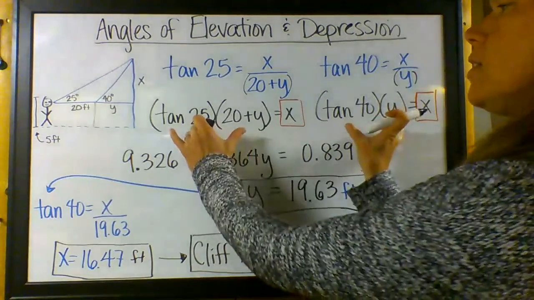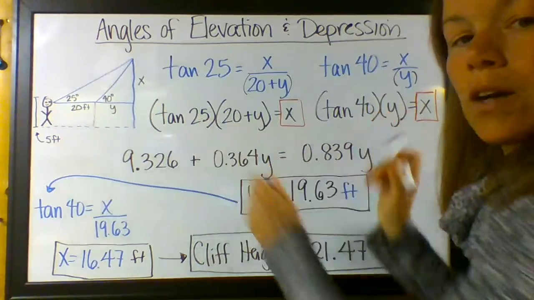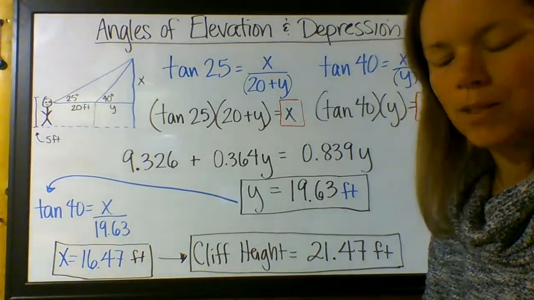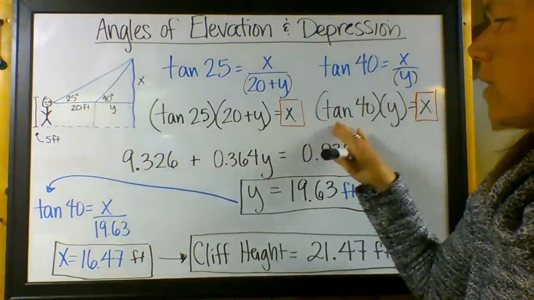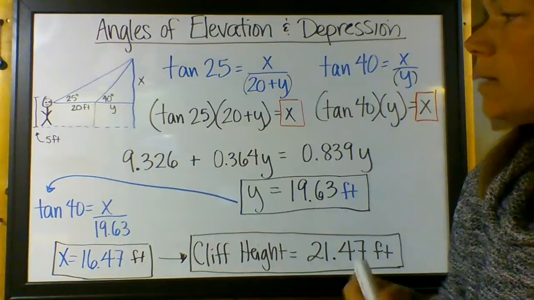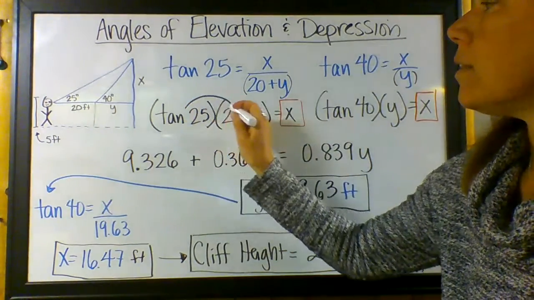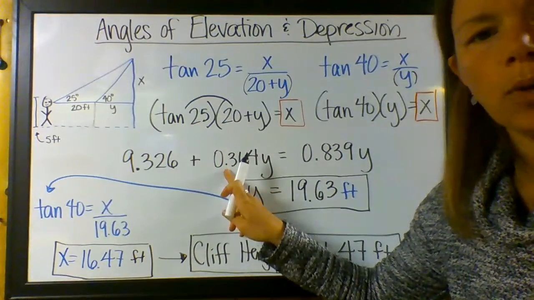So I could make these two pieces equal each other, okay? I don't have too much board here in my basement, so I kind of skipped a step. I would have actually written these out next to each other. And then I'm going to use my calculator, right? I'm going to distribute here. This just equals this number. This tangent of 25 actually equals, if you put it in your calculator,